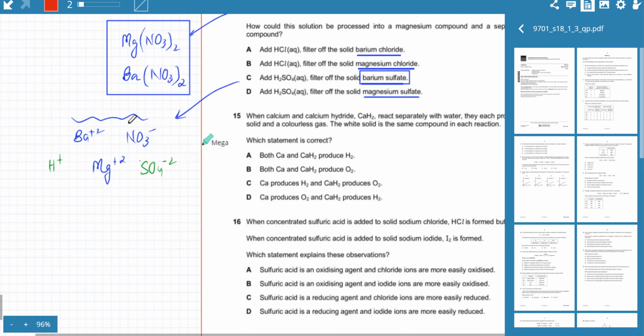And two of the ions, if they get together, are going to form an insoluble solid, which is barium sulfate, and they would leave the solution in the form of a precipitate. So you would start seeing a solid precipitate settling at the bottom. That would be barium sulfate, and that solid precipitate can be filtered off. So that's the way barium sulfate could be removed from the solution. And what would be left in the solution would be your magnesium compound. Magnesium ions would remain in the solution and barium sulfate would be removed.